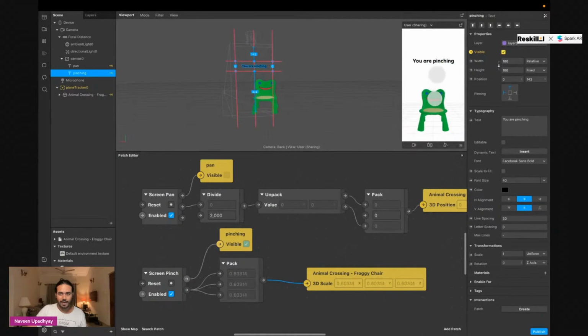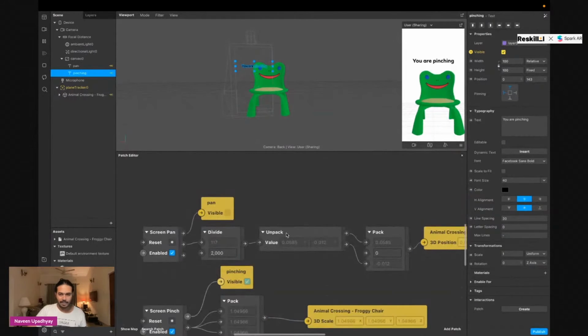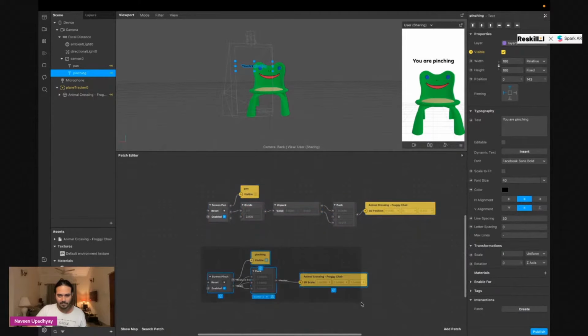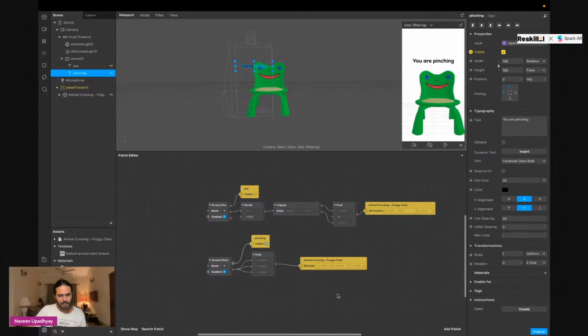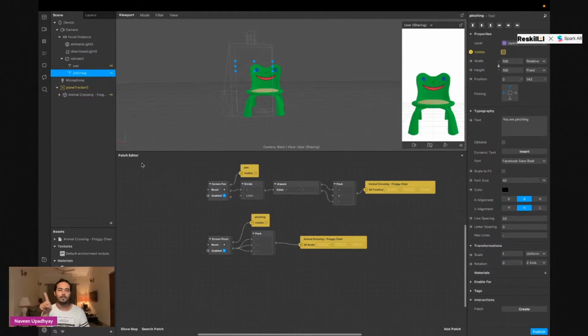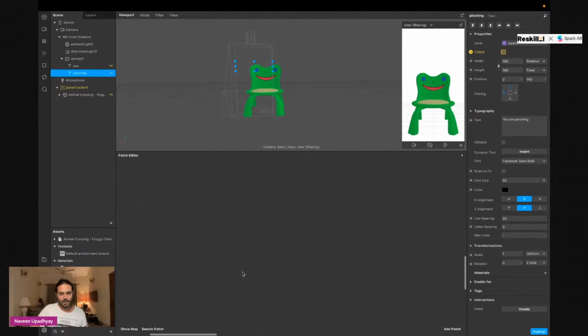But if I try to rotate, there's no interaction for rotation for now. So I hope that is clear now. So we have done our screen panning. We also done our screen pinching. Now the only thing is that now I'm able to move my object. I'm able to resize my object. Now if I want to change the angle, change the rotation of the object, then what I